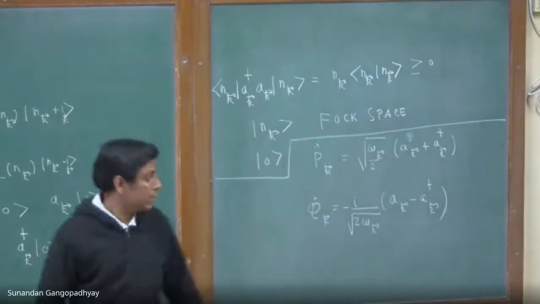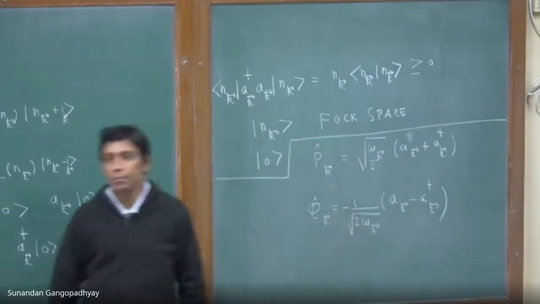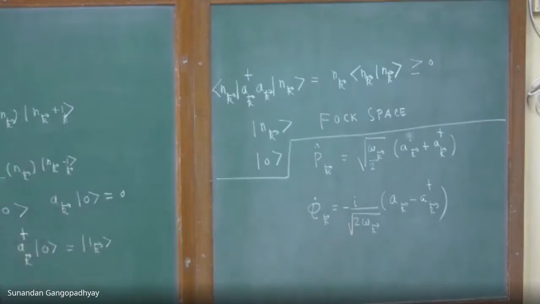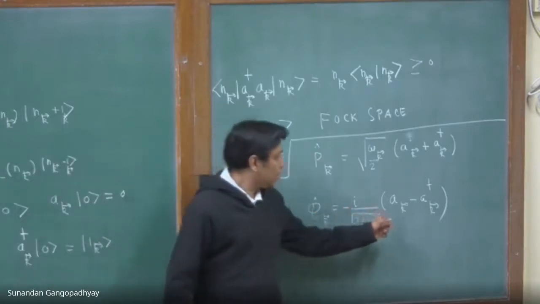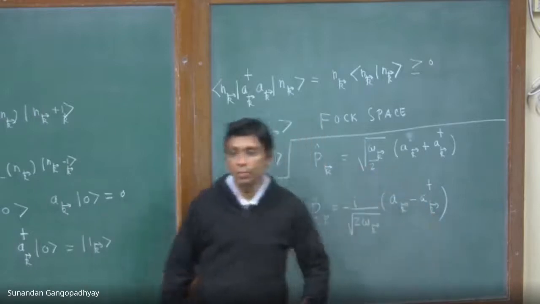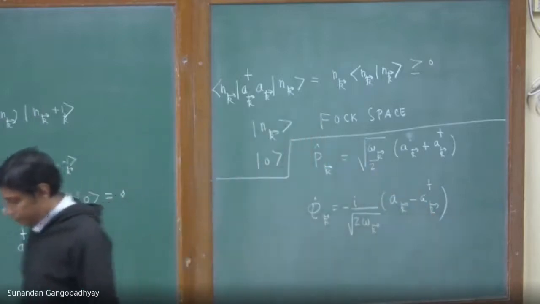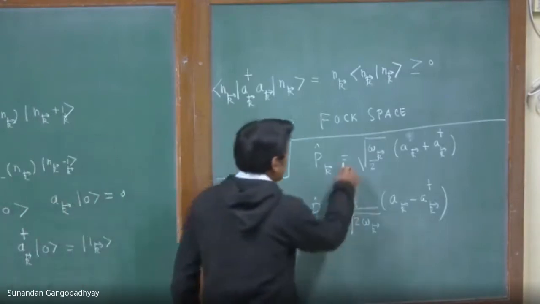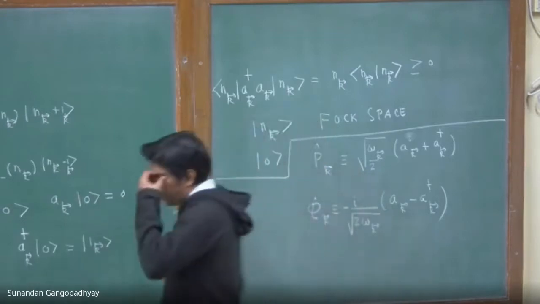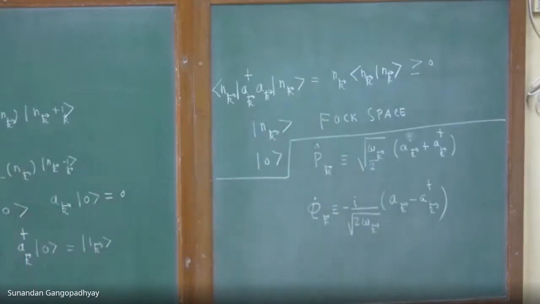Okay, you can see by construction these two operators are Hermitian operators. You have this i over here sitting, because this full operator has to be a Hermitian operator. So if you define two operators, by definition p_k and q_k are defined like this. So if you define these two operators in this way, and now you just calculate the following thing.